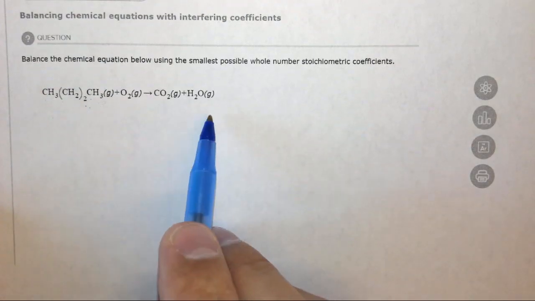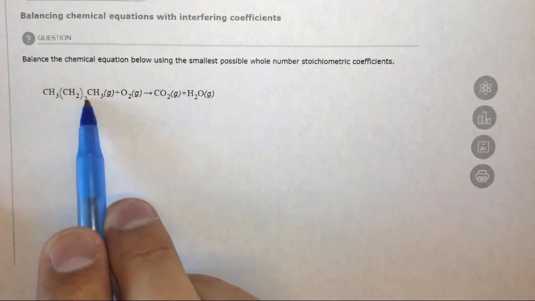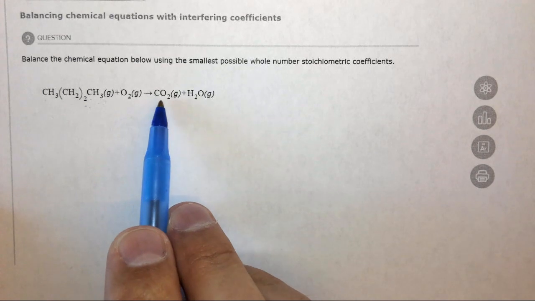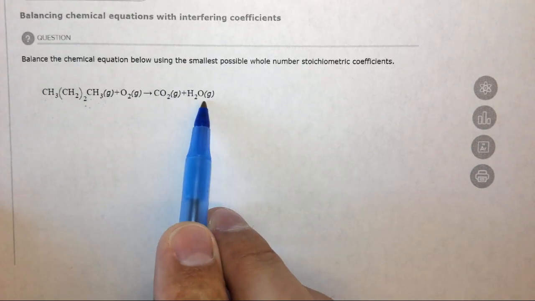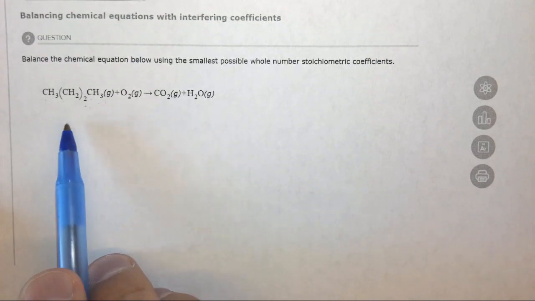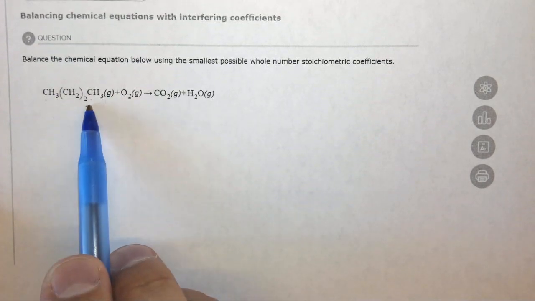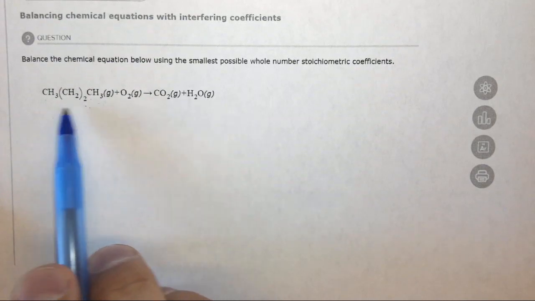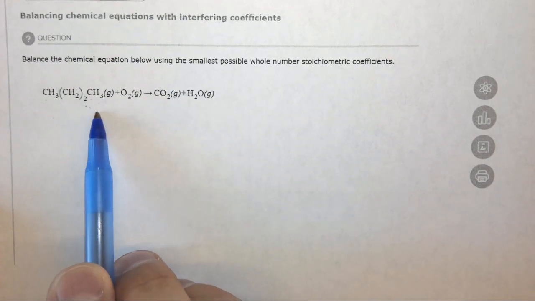In this question, we're asked to balance a combustion reaction where we have this hydrocarbon plus oxygen gives us the products carbon dioxide and water. The hydrocarbon here is written in a little bit of a silly way, so I'm going to suggest we rewrite this. This is actually butane, but we can rewrite it a little bit differently so it'll be a little easier to